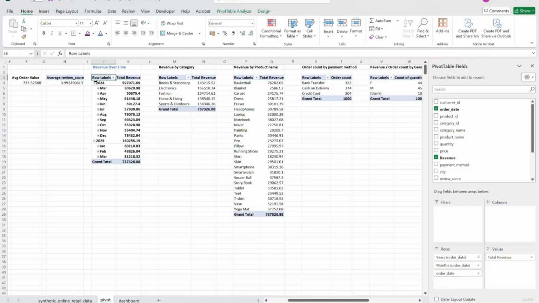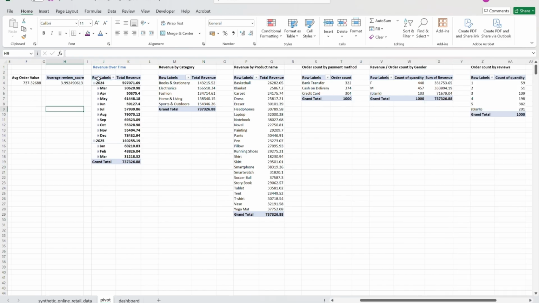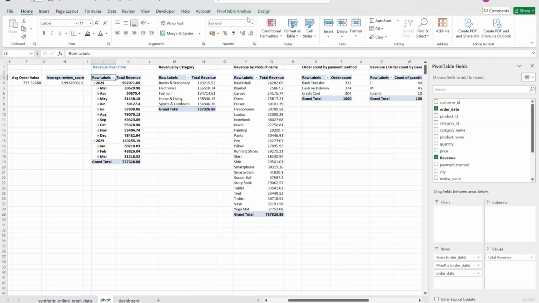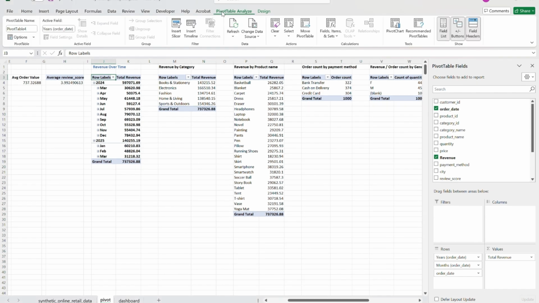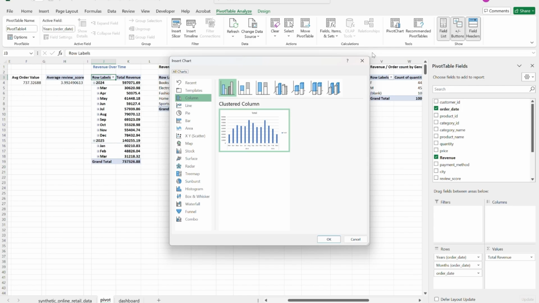To create the chart, simply click on my pivot table, then go to pivot table analyze. That will actually be activated only when you click on your pivot tables. As you can see, since I have selected this cell, the pivot table analyze option has not been activated. So when I click on my pivot table, you can see that these two options have been activated. Just click on pivot table analyze here, and then you can click on the pivot chart from here, and it will give you all the charts.